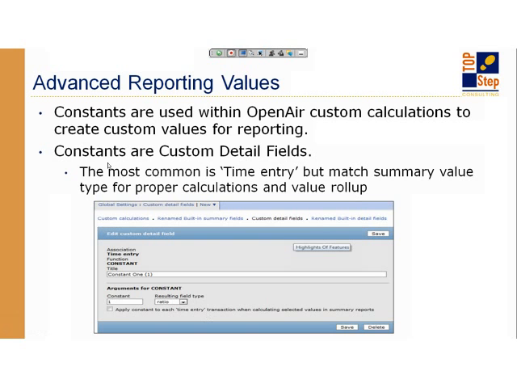So the custom fields are actually, the constants are actually something called custom detail fields, which are part of the whole custom calculation functionality in OpenAir. But it gives you the ability to create these constants, these values of 1, so times 1. The trick for this is that whatever constant you set, you have to associate it with a type of item. Okay? So this is a constant 1 of a time entry, a constant 1 of a charge,